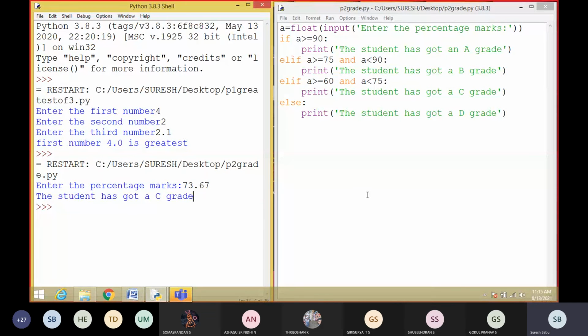Android software called PyDroid 3. That software is useful to write all the Python programs. It will be executed and the output will be shown immediately. So kindly practice these 2 programs today itself. Tomorrow we will see the next 2 programs.